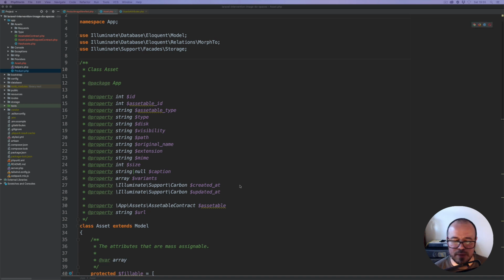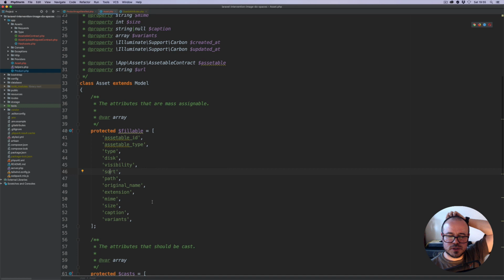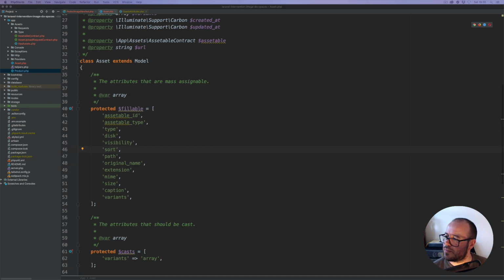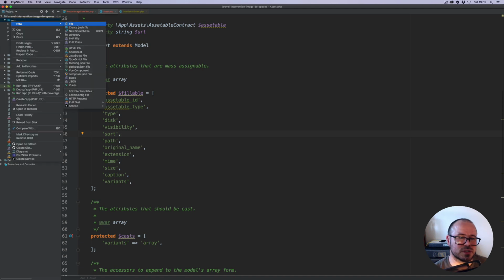Asset appended URL, which is all good. Now, one other thing we need to do, we have this sort field. We should probably provide a way to return assets sorted in the ascending order. But sorting items is not going to be strictly for the assets. So again, I'm going to create a trait that we can reuse later on with any other models,